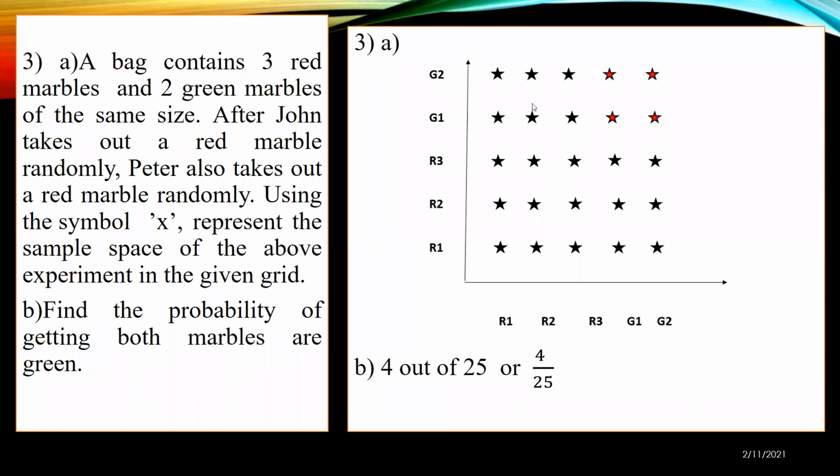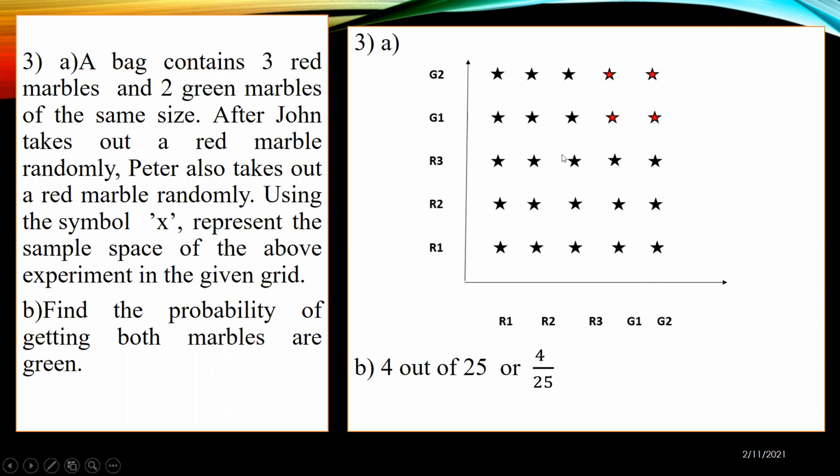So for an example, if I take 1, I can represent this like this. Now I mentioned, my vertical axis is John's value and my horizontal axis is Peter's selection. So when I take this, I can represent this: John is taking a green marble and Peter is getting a red marble. So that is how I will get it, right? Okay. Then I have drawn my sample space. Altogether there are 25 events.